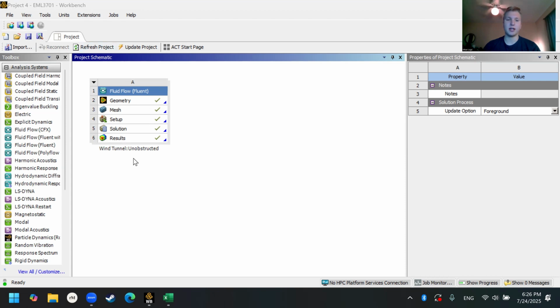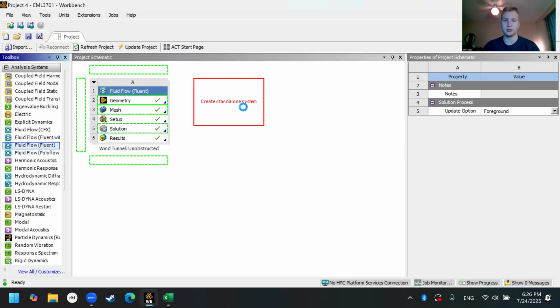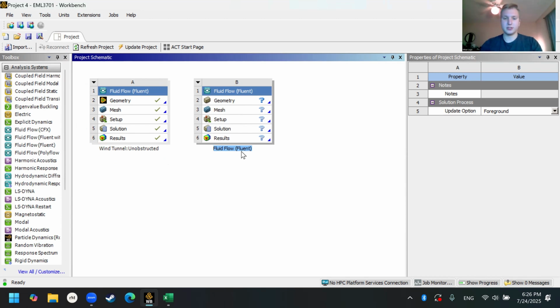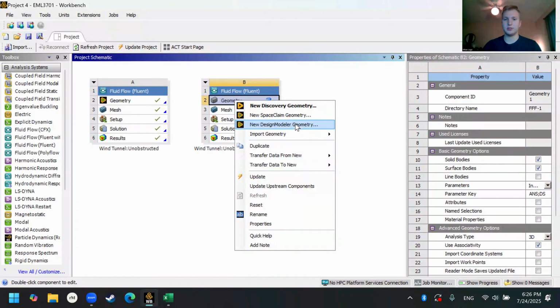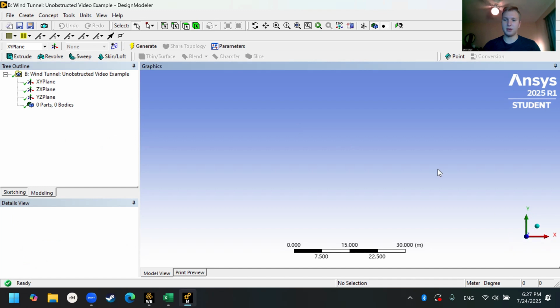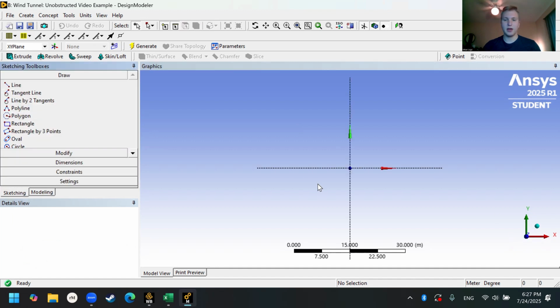As you can see, I've already done the system for the project, and now I'm just going to walk through how I achieved those results. So I'm going to create this new system. I'm going to call it the same thing, wind tunnel unobstructed video example. Okay, and then I'm going to go into geometry and select new design modeler. Okay, so now that I'm in the design modeler, I'm just going to go over to lines and I'm going